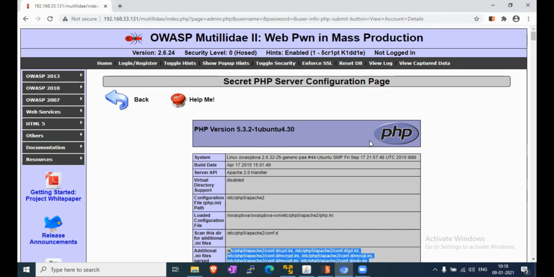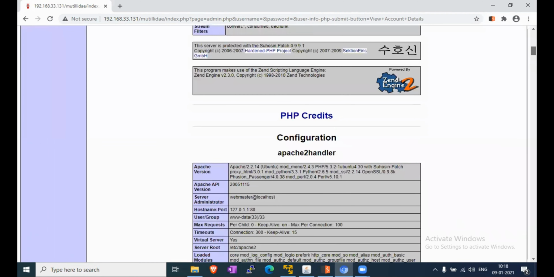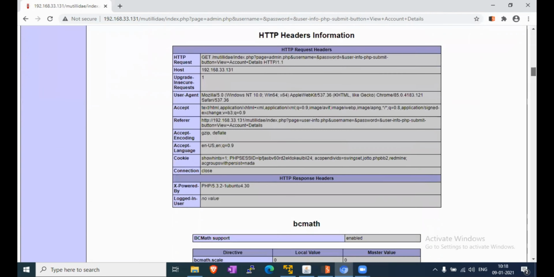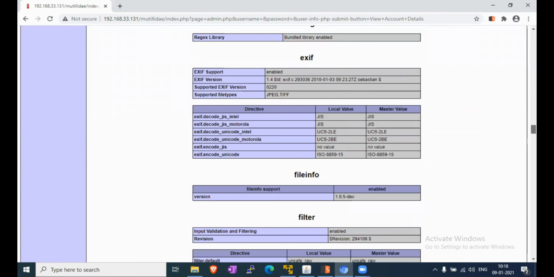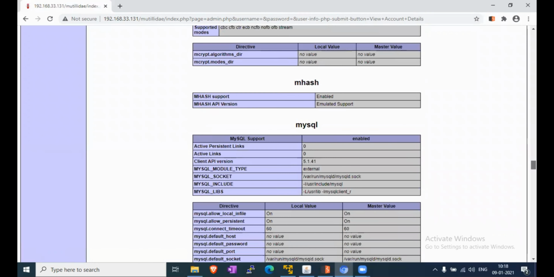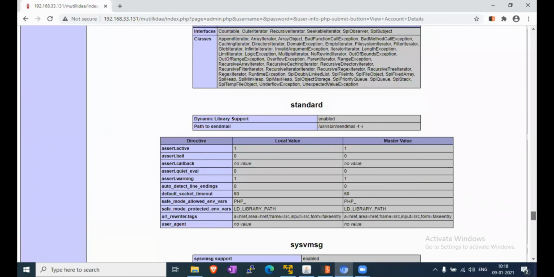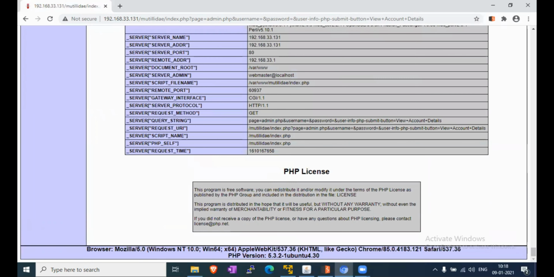Access to such information should be protected from unauthenticated users. Right now we are not logged in, still we are able to access the information web page. This is all about the HTTP. We should make sure it's not available without admin rights, but still we are able to access it. So we can call this an exposed variable type of vulnerability. This is all about the exposed session variable vulnerability.